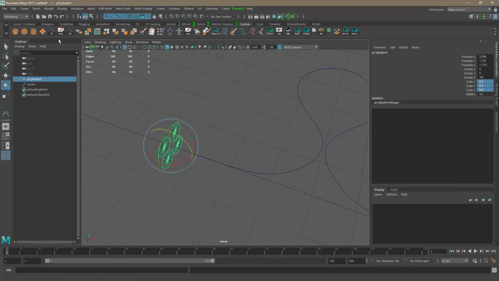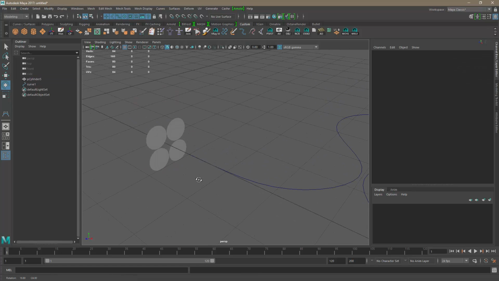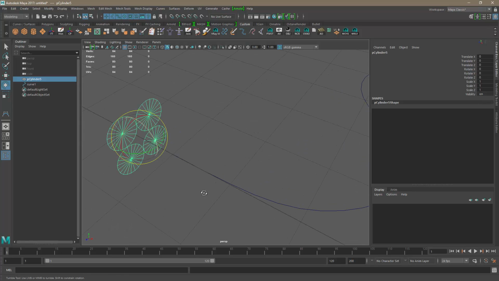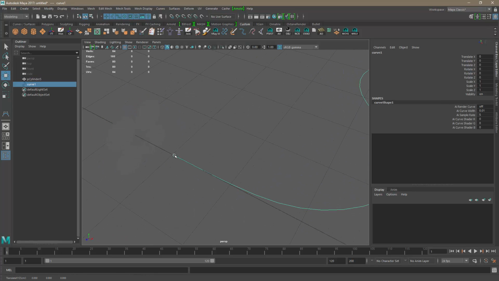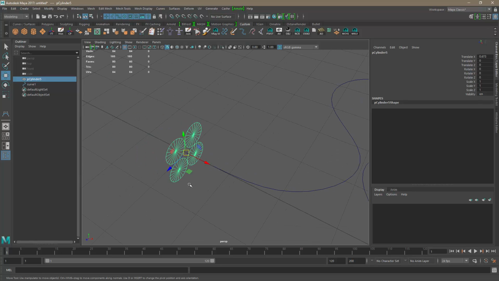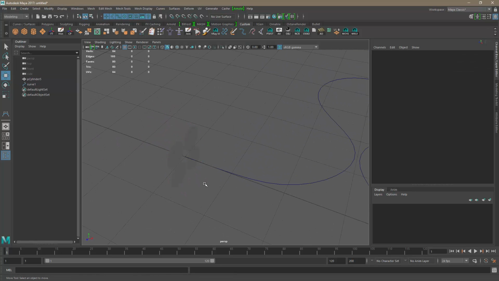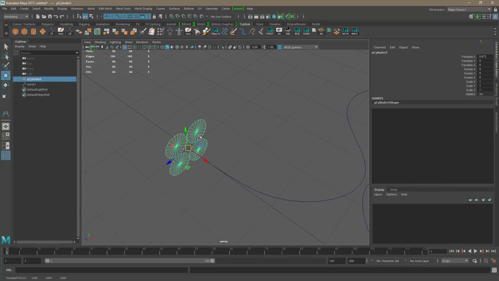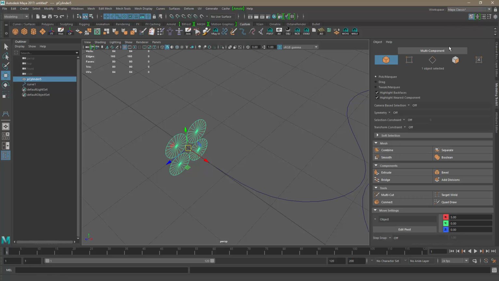And now I'm gonna delete the history and freeze the transformation, so all the transformations here are reset. Since the first point of my spline starts from this point of the grid, I'm gonna hold X and move my object on the same point like that. So now what I want to do, I'm gonna select my object, I'm gonna go back to my modeling tool